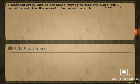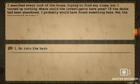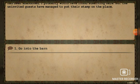I searched every inch of the house, trying to find any clues, but I turned up nothing. Where could the investigator have gone? If the dacha had been abandoned, I probably...